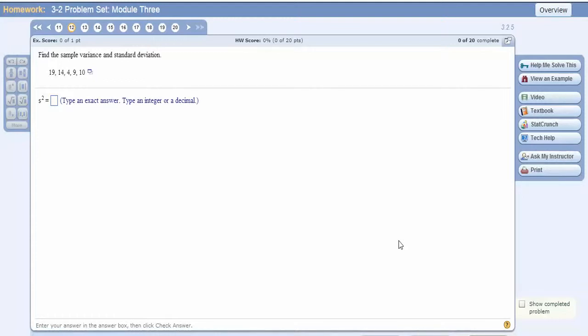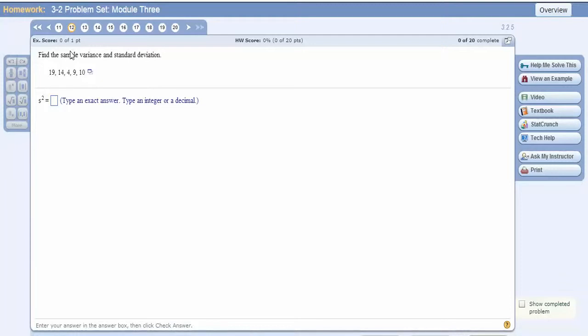And in Module 3, we see in question number 12 that we have to calculate the sample variance and sample standard deviation. Now, the way I'm going to calculate this is by using one of the two formulas that are in your textbook and in your contents of your studies, and that is the formula that uses the mean. Remember that the variance is more or less the average of the distance squared from the mean